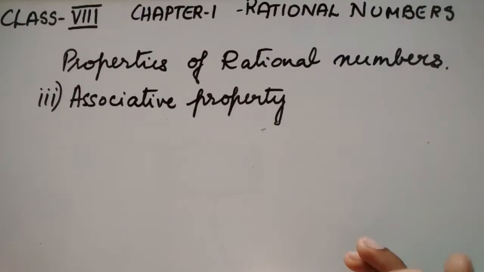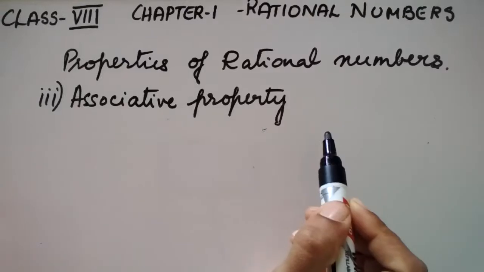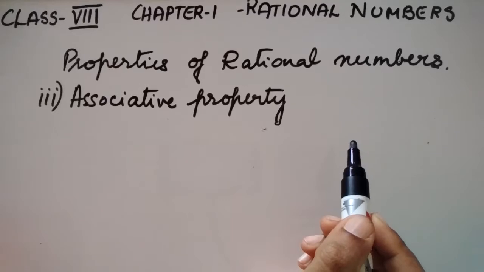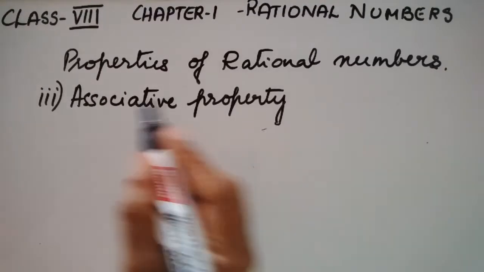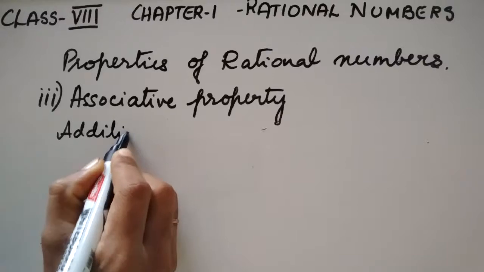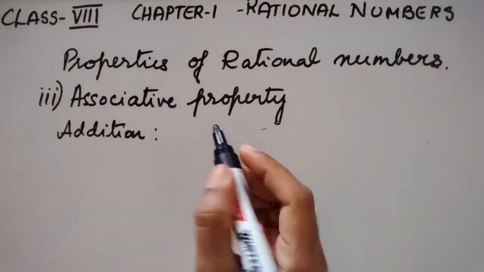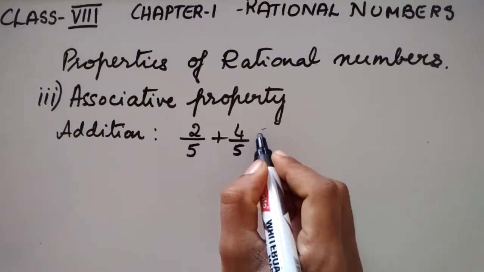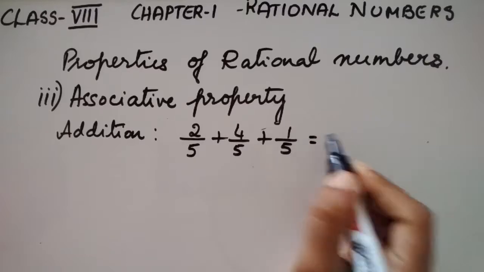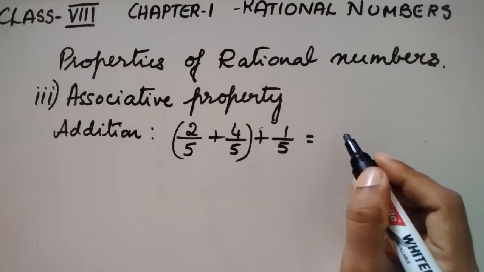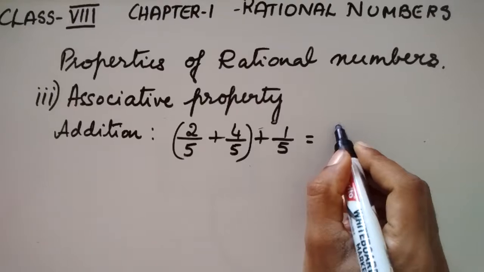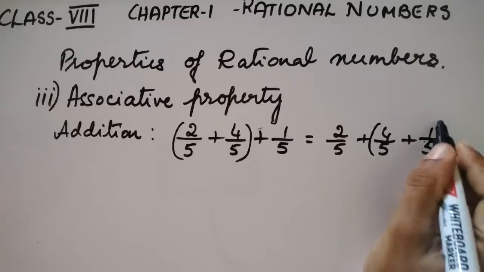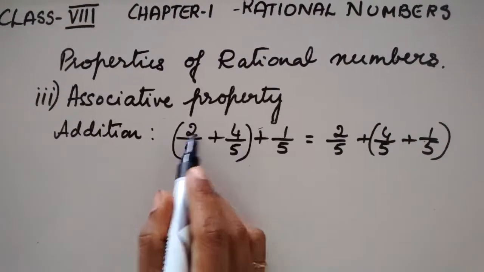So I told you how to add the numbers in this form, that is an associative property form. Similar way we have to do for the rational numbers also. So now under addition, let us check. Let me take these three rational numbers. We'll group these rational numbers first, and then I will group the next two rational numbers, that is this one. So now first let me add this.